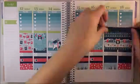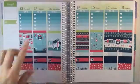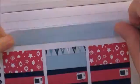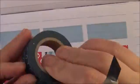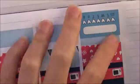There was that little bit of green showing through, and I felt like that patterned washi that I showed before was just not cutting it, so I went ahead and used headers from the kit. And then for the bottom, I was going to be really clever and put down this washi, and then I'm like, well, my trackers are going down here, so they're going to cover up most of it anyway. And I used the blue ones. I thought the red ones were just putting too much red at the bottom. It was looking a little dangerous and urgent,